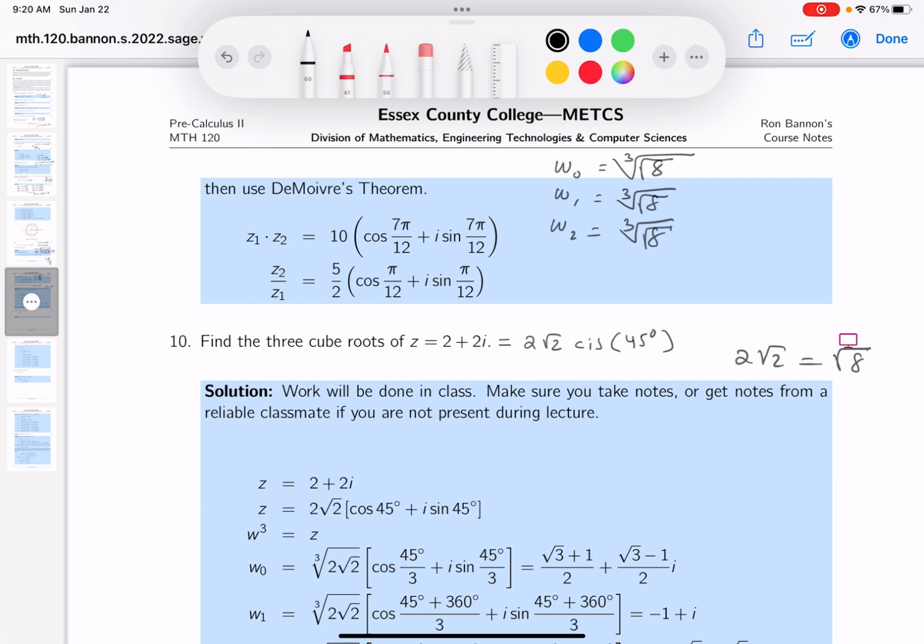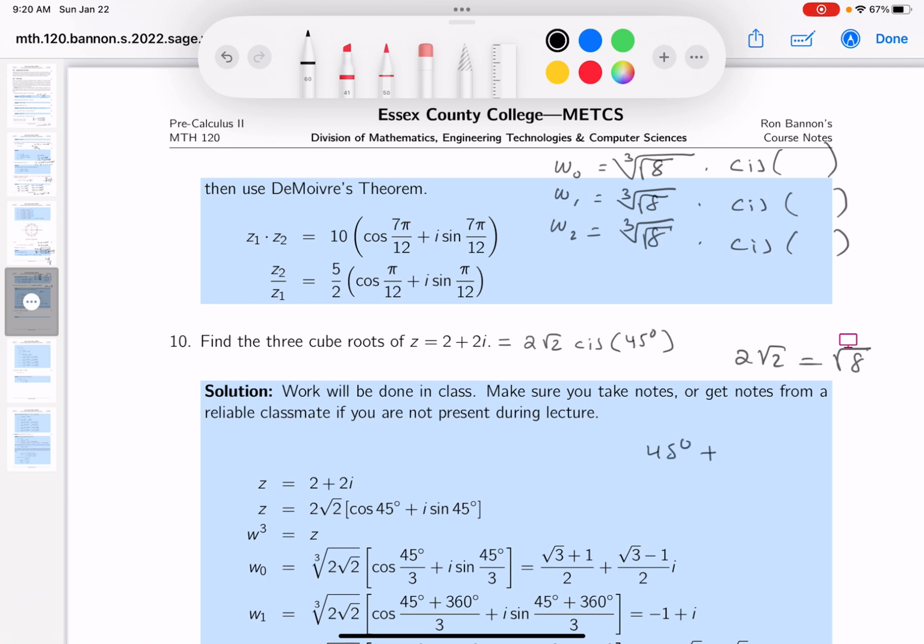Now what do we do over here? It's going to be that CIS business. And there's going to be an angle over there. I just don't know what it is yet. And what's the angle going to be? Well, it's going to be 45 degrees